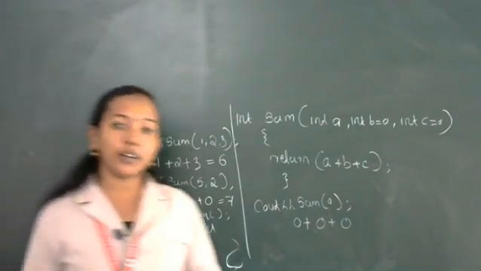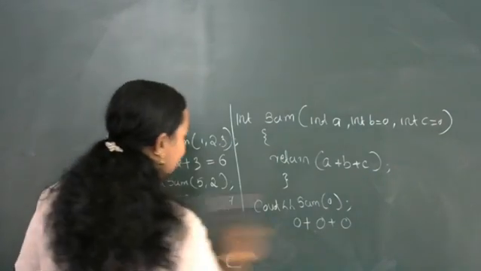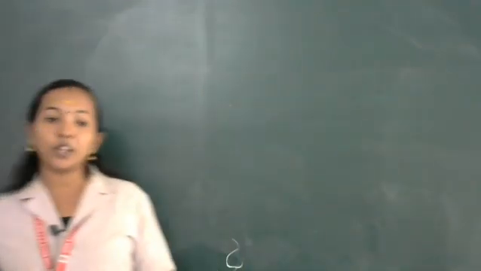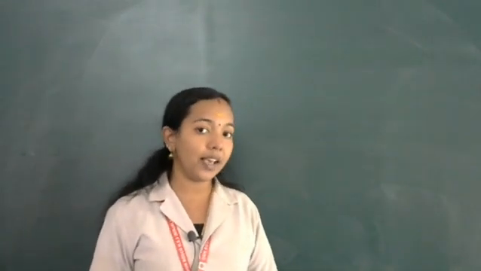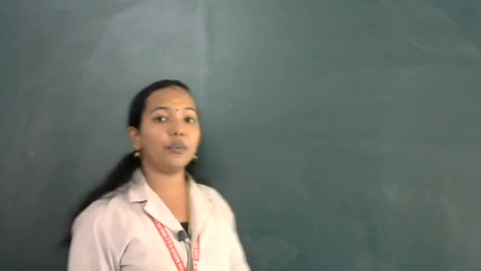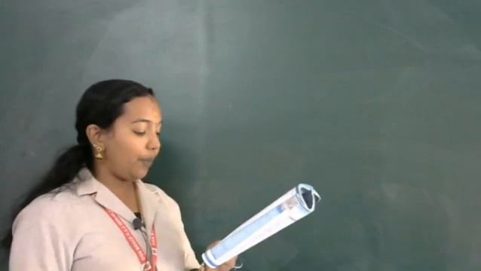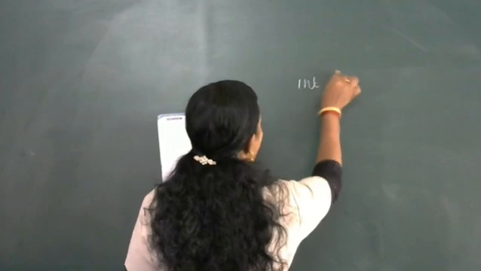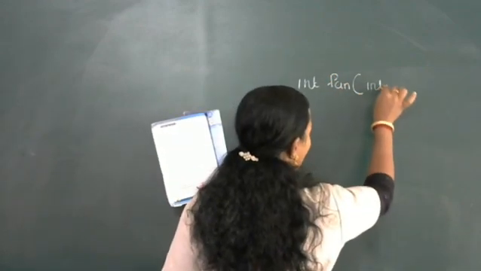Okay, so this is an important question. You can expect this kind of question in your examination. Clear? What is the speciality of default arguments? What is meant by default arguments or default parameters? Initialized formal arguments are known as default arguments or default parameters. Clear? Then, the prototype of the function is already given. What is the prototype? int fun, then int comma int.